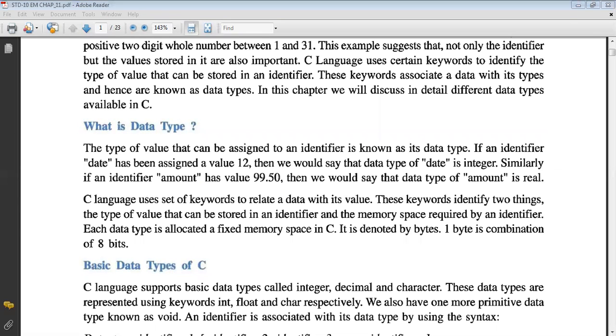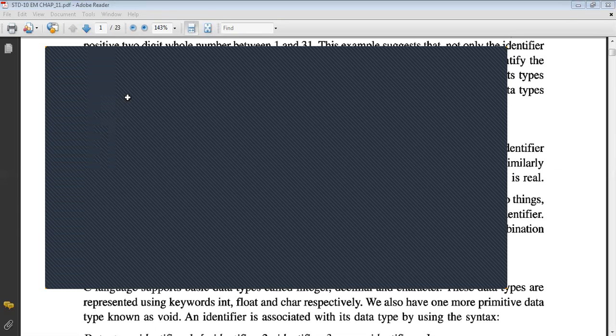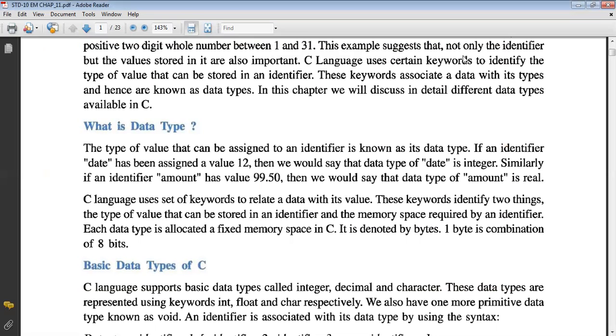That means, as I already explained, in phone number we will insert only numeric values, and in name we will insert only characters. So how much space is required to store a phone number? When we insert a value, how much space is required to store it? It is defined by the C language.